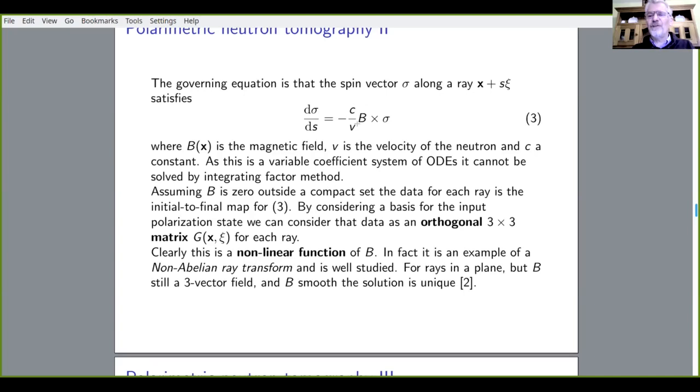So this is interesting because you can't just take the log in this case to solve the ODE like you can in the scalar case. And so we actually have an ordinary differential equation, and you think of the input to output map. In other words, we put in some spin states, well, three in all directions, and we measure what comes out. We actually measure an orthogonal matrix that tells you how the spin state has rotated going through the magnetic field along that ray. So the measurement being a matrix immediately tells you it has to be nonlinear, right? It's not even in a vector space, so it can't be linear. But we measure basically orthogonal matrices, and